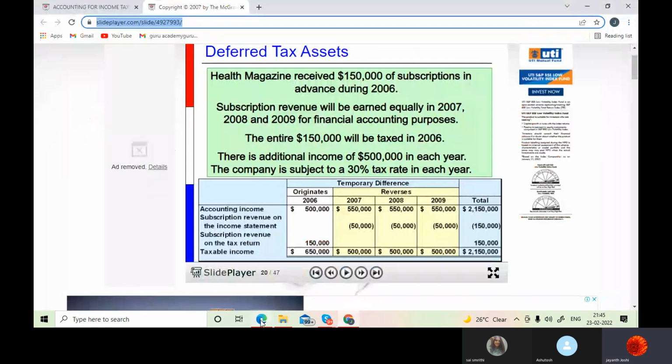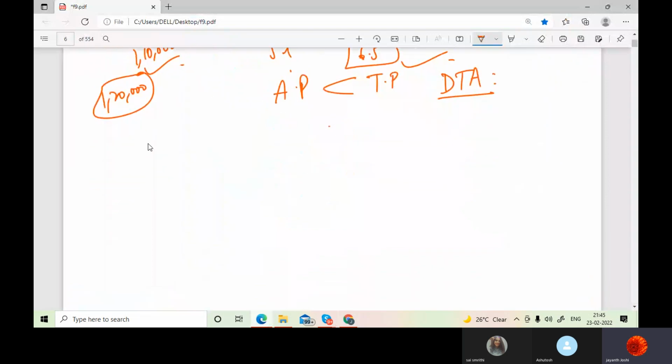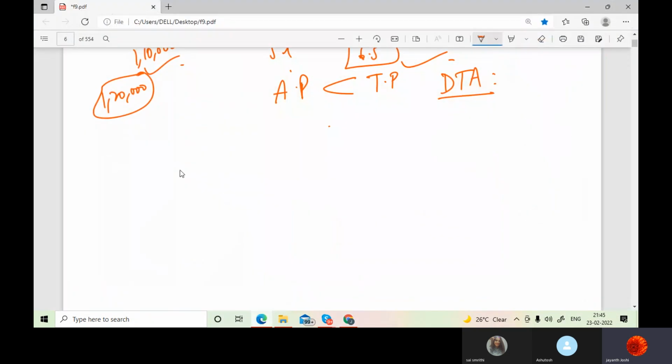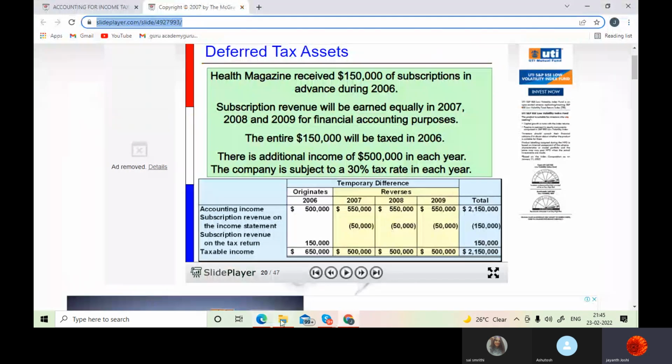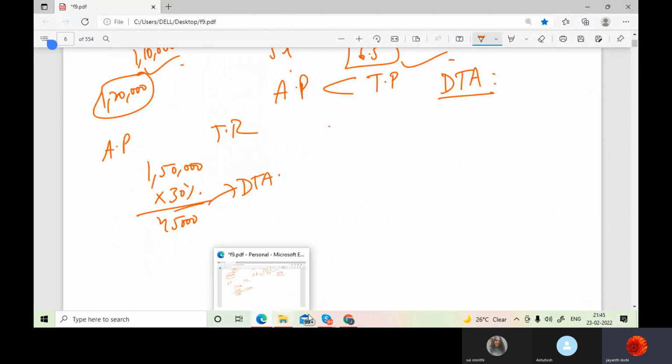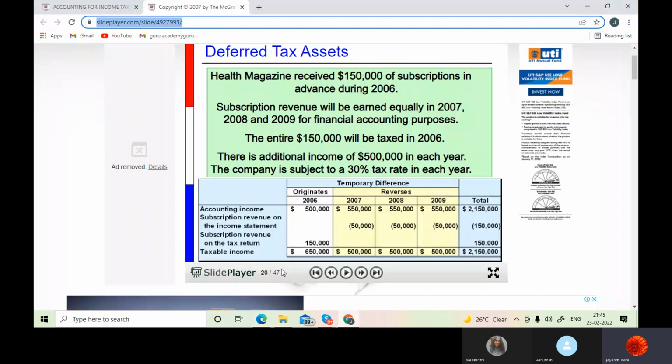Very simple. You can do this in two ways: directly taking the difference and finding out the DTA, and then reversing it in the future. I'll explain that very simply. You can take the difference amount between the accounting profit and tax returns, 1,50,000, into the tax rate directly. How much? 30%. So it's 45,000. This is your DTA, which has to be reversed, and it can be reversed very easily. We can see three differences of 50, 50, 50